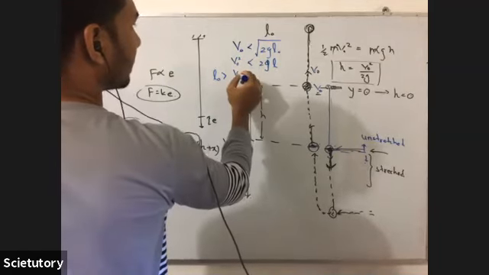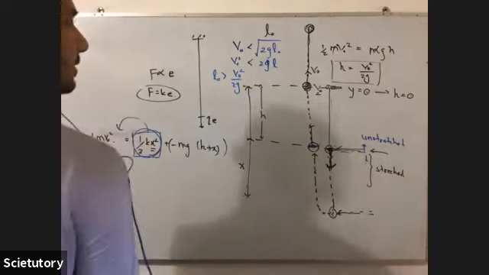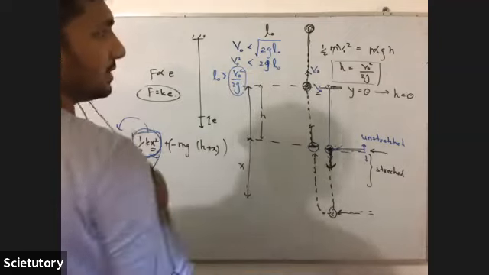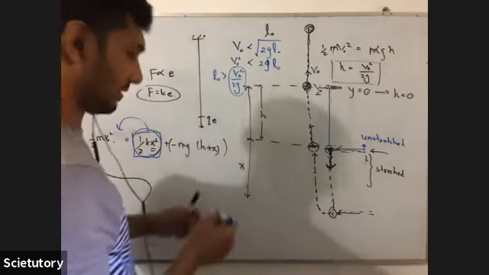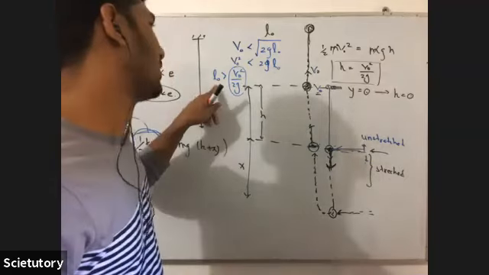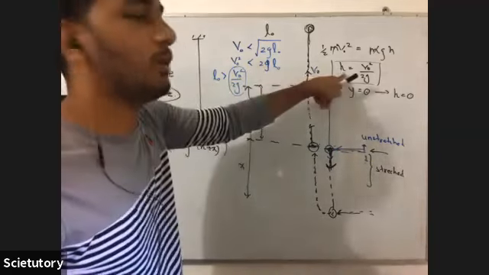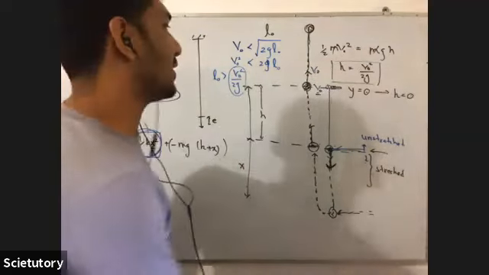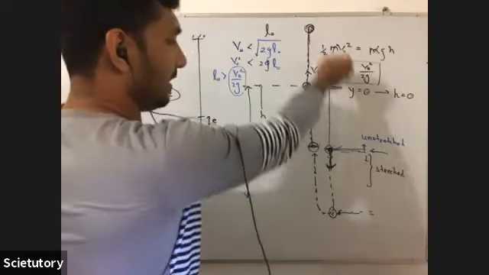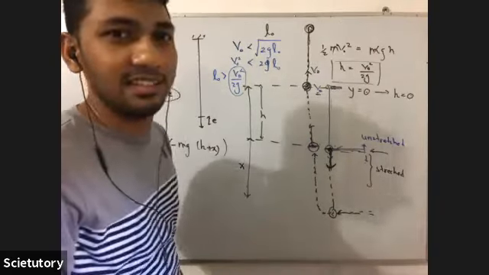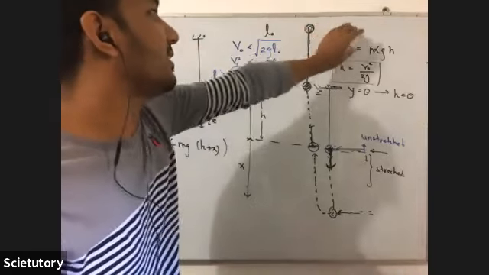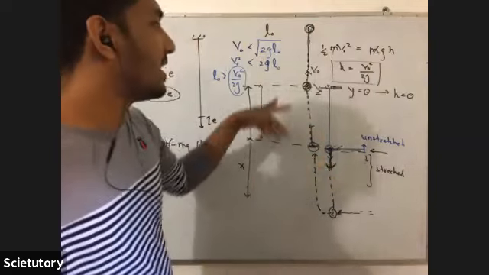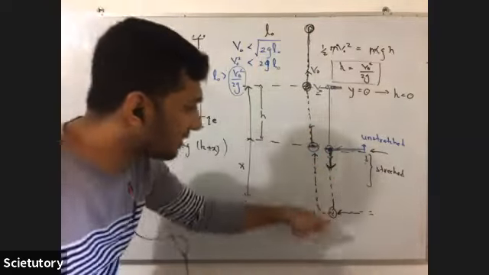Okay. Good. Am I correct? I am making this L naught the subject. So you can see V naught squared over 2g is not greater than L naught. So it will not be limited. It will go up to H, which is V naught squared over 2g. So the question is very simple. You just have to think about these things, and then apply the law of conservation of energy from here to here. That's all. There is nothing else here. It is just conservation of energy.